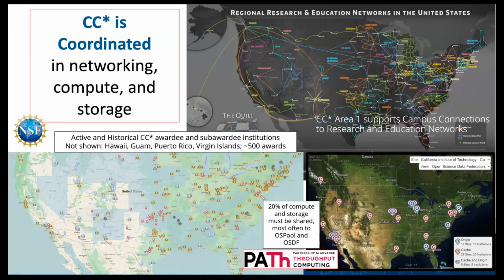I'll just mention on this one slide, yeah, it's a little outdated slide of deployment we have on the lower right. Forgive us on that. But the one on the upper right is also, I think, a reminder for how well I view the program still as a core networking program in combination with these other areas. I think it's a reminder also here of just how important the regional networks are. They've always played a big role in this program. And you can map the internet to backbone on top of that, and you get a pretty good idea of just how rich our R&E network fabric is in the US.